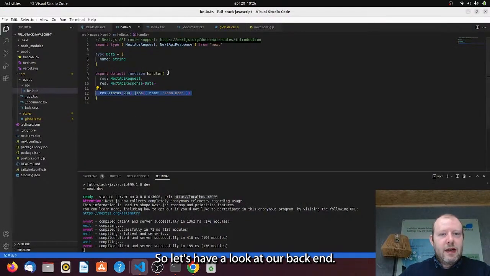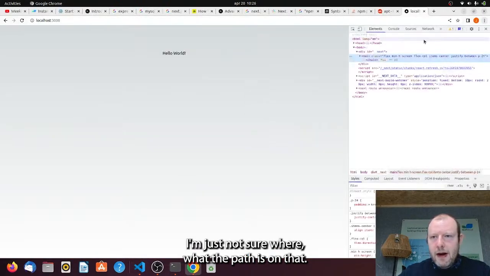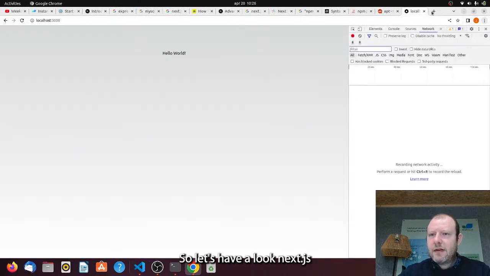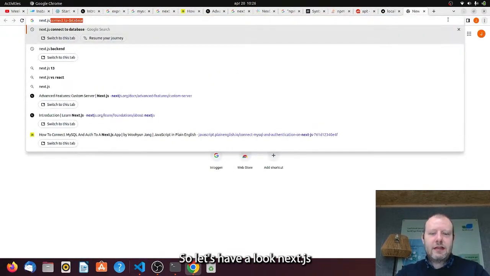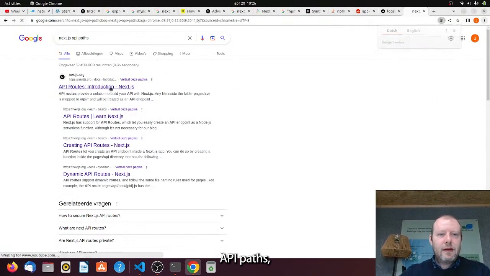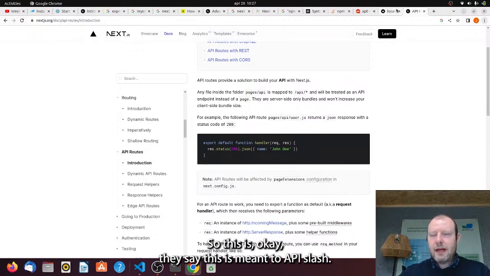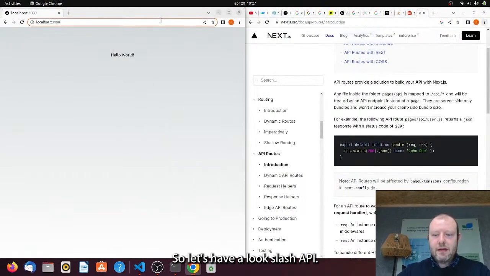Anyway, so let's have a look at our backend. So this should respond with John Doe. I'm just not sure what the path is on that. So let's have a look. Next.js API paths. So API routes. So this is the first one. Okay, they say this is mapped to API slash. So let's have a look. Slash API